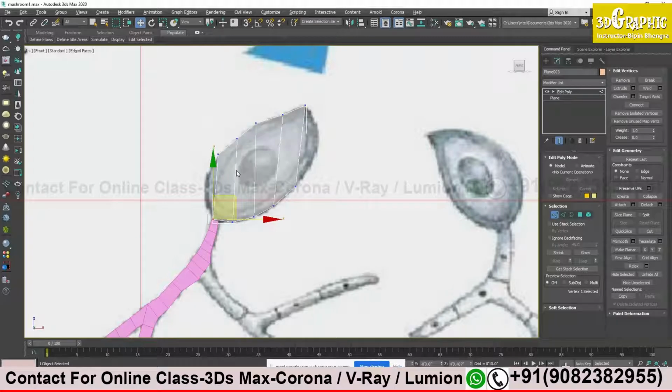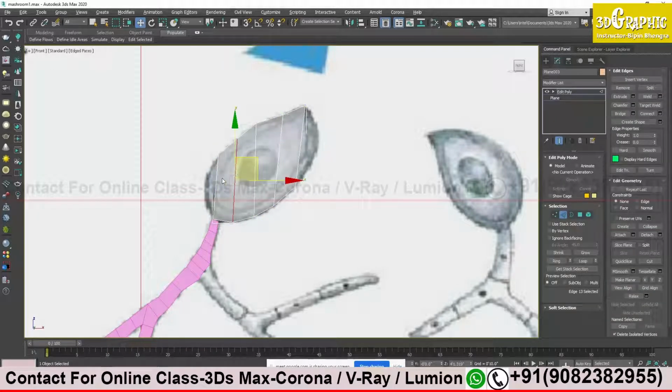Again I will select click 2. I will select the edges. Now see, for multiple edges you don't have to every time click and drag or control and click to select multiple. What I will do, I will use a shortcut. Just see what I do. I will select one edge and over my right there is an option called ring.